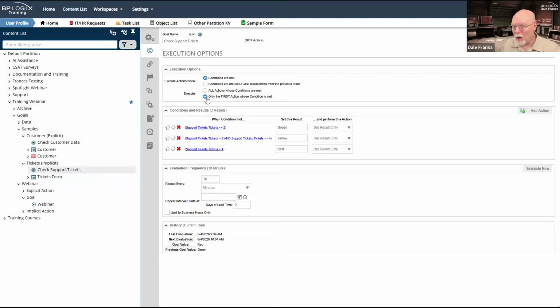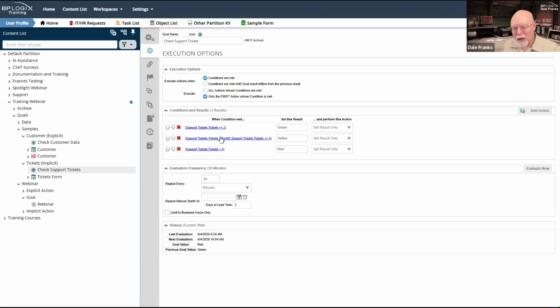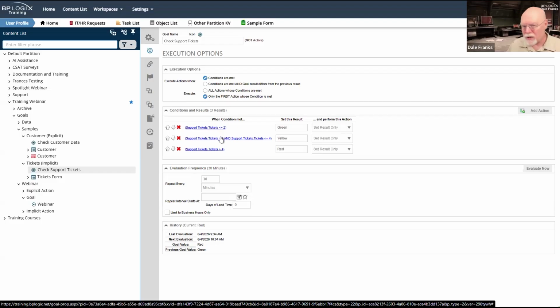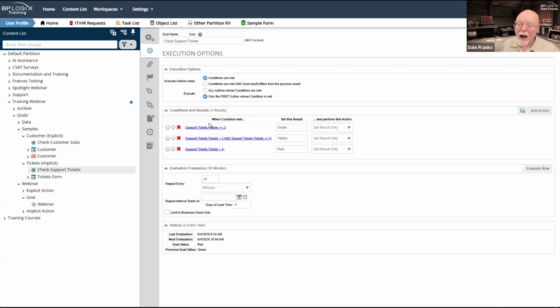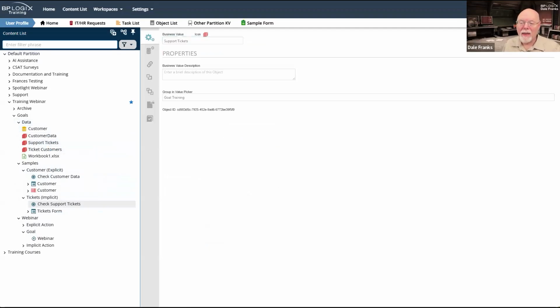The reason why I'm picking only the first action is I'm going to be calling each one of these conditions. And every time I call one of these conditions, I am calling the support tickets business value. So I may conceivably call it 3 times. Now, every time I make that call, I'm invoking this business value.